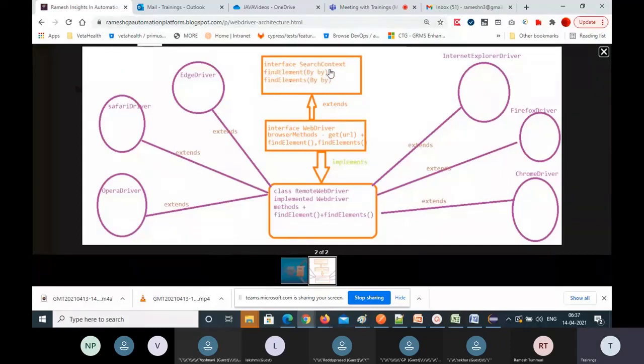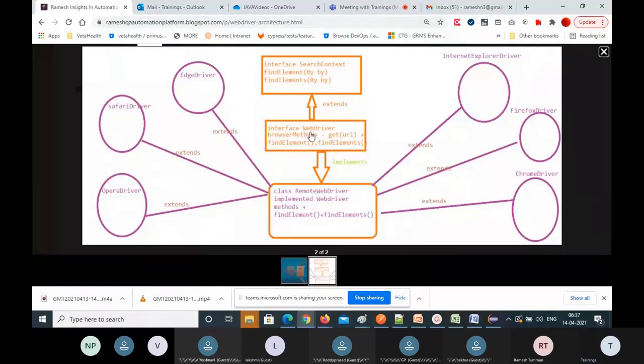These are the two methods declared in the SearchContext interface. So when one interface extends another interface, that is possible, right? And all these SearchContext methods will come here, and WebDriver can use them.